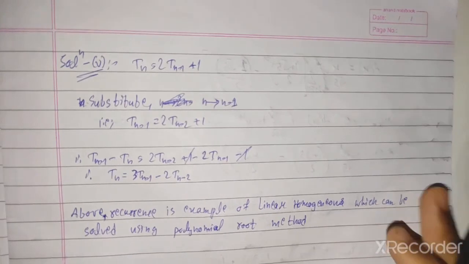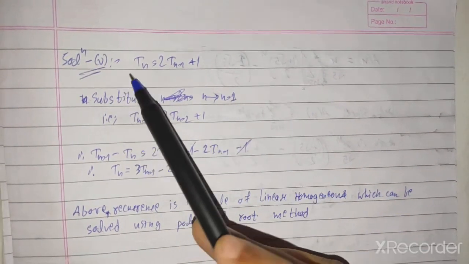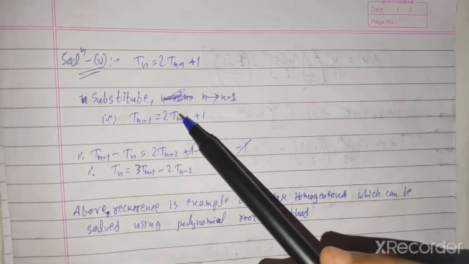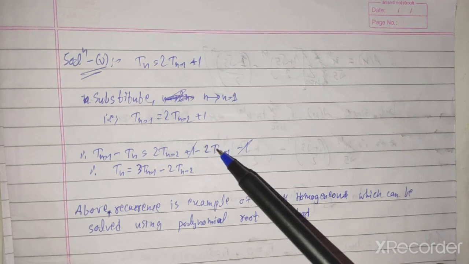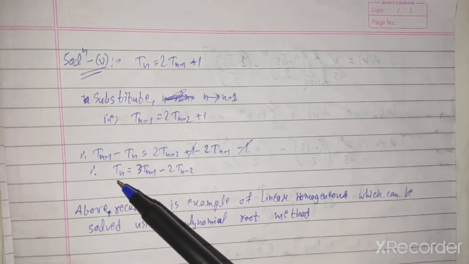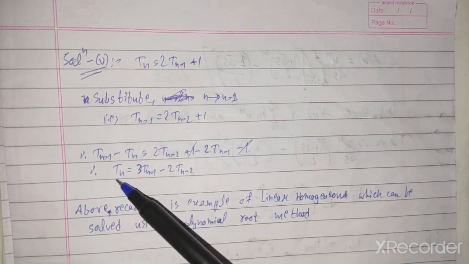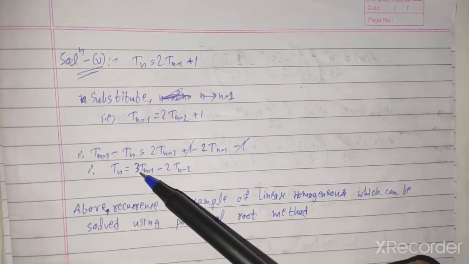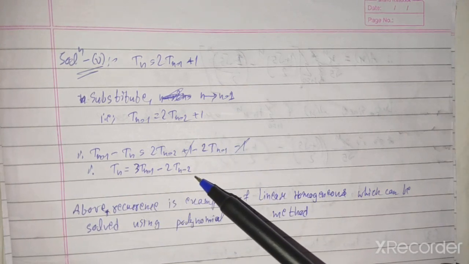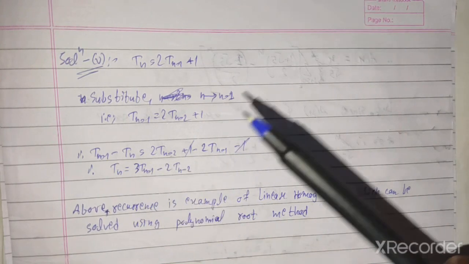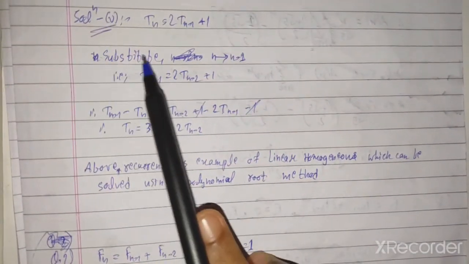Next solution we have by substitution. You can substitute n with n minus 1 and you will get t_(n-1) is equal to 2t_n minus 2 plus 1, and t_(n-1) minus t_n must be 2t_n minus 1 and some stuff, so you will eventually get t_n is 3t_(n-1) minus 2n minus 2. Now you can observe it is not homogeneous because you have a term depending only on the variable n. To solve it, there is a very general strategy which we will see in upcoming lectures. Okay, so this was the last method, method 5.